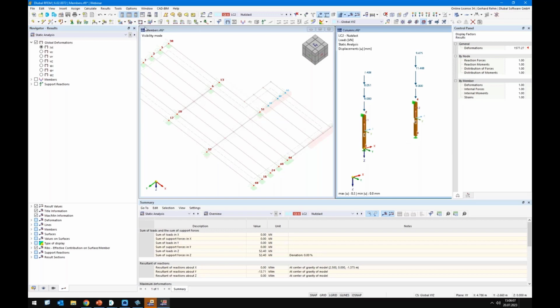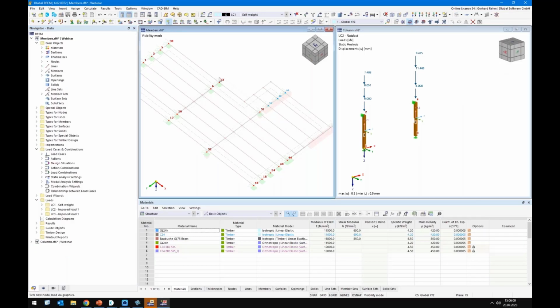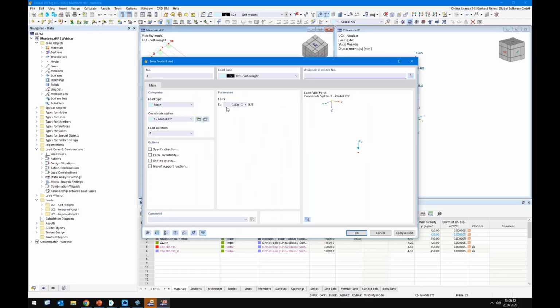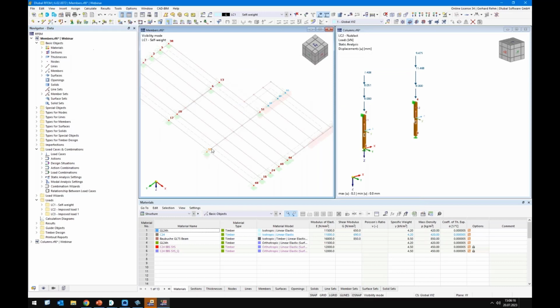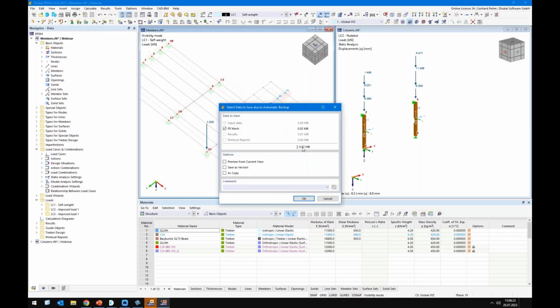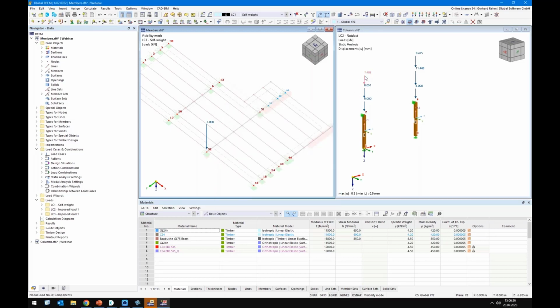What happens now when we, for example, add another load to the original model? So I will apply another load here, and you see here the loads are still available. So when does the new file realize there are changes in the source file? That happens when you save the source file. So in this case, when you click the Save button again, you will realize directly, okay,